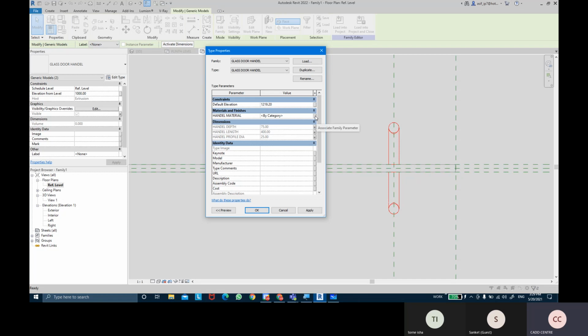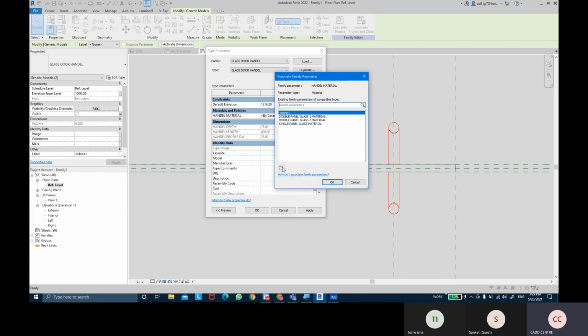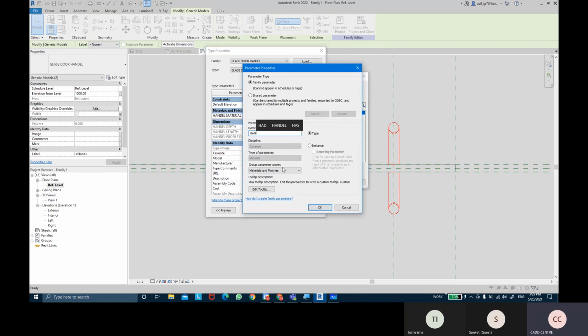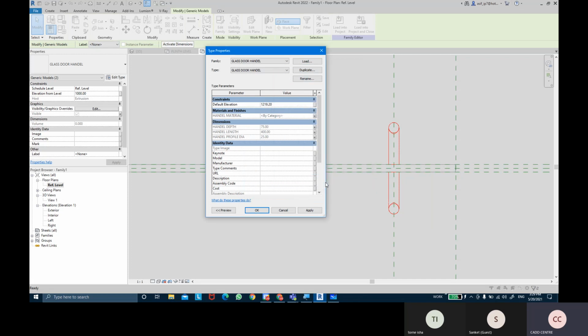Even for the material, I'm going to click on associate parameter. Call this handle material. So all these get an equal sign, which is good.